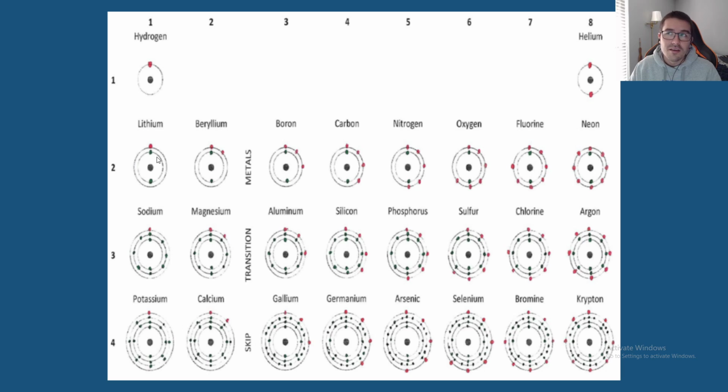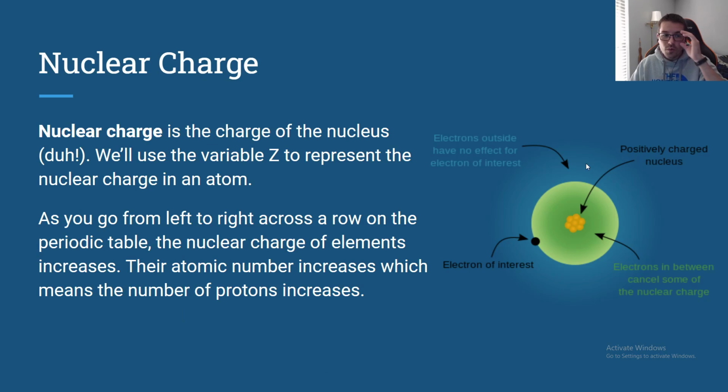What is less easy to explain, and in fact is a little bit counterintuitive, is the period trend. How does the size of atoms change as you go across a row? I'm not going to spoil the answer on that yet. The first thing we need to talk about in order to understand why that trend is the way that it is